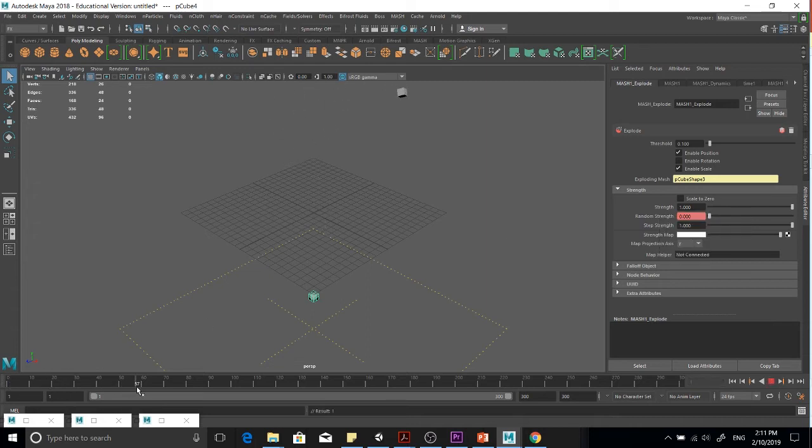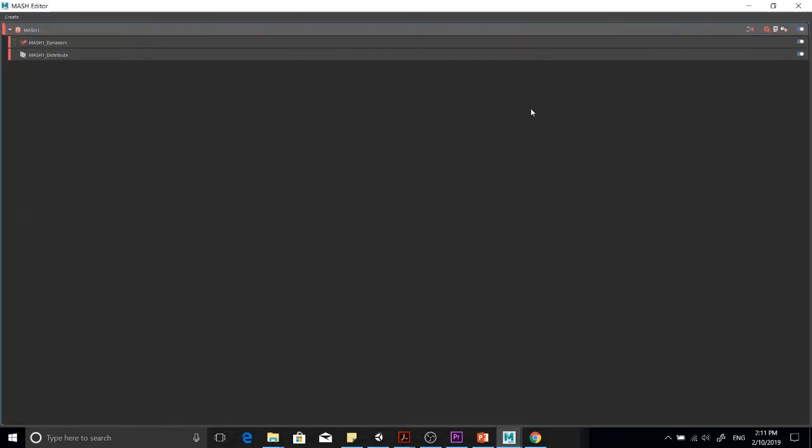Now you go to the location where you want the cube to disintegrate. You move the slider all the way up to the right and set key. So now if you play the animation, you'll see the cube explode, but it doesn't behave the same way as the cluster particle. So what we have to do is go to our